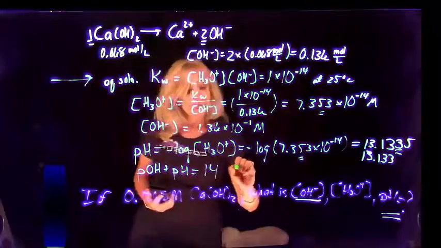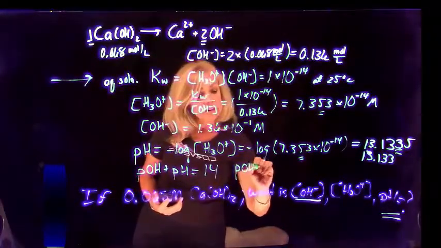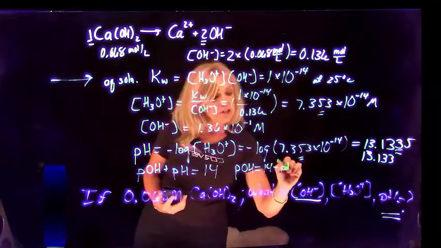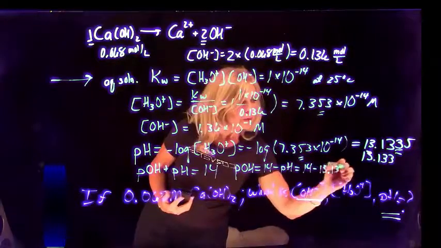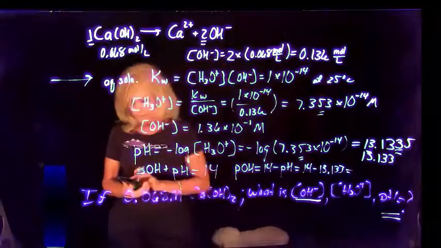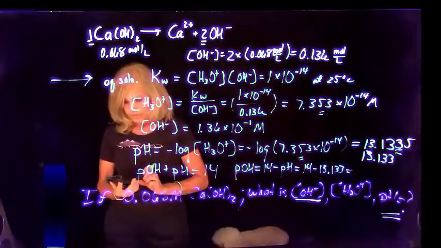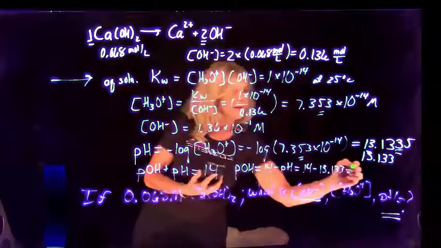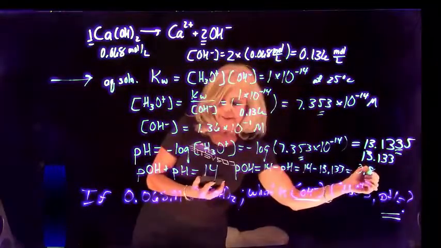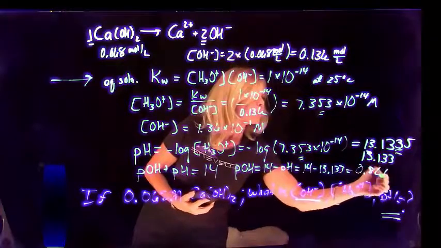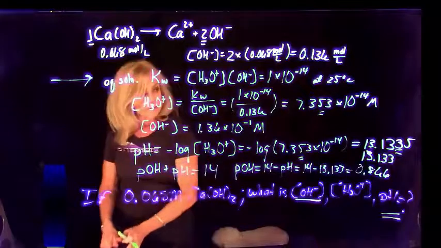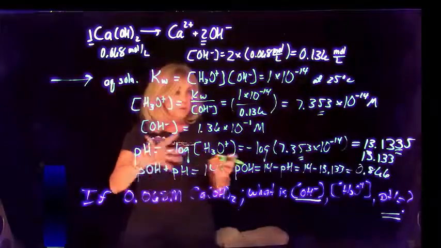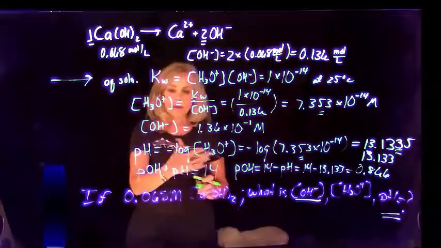Therefore, the pOH of this solution is 14 minus pH, 14 minus 13.133, and that would be 0.866. So your pOH is relatively small on the pH scale,